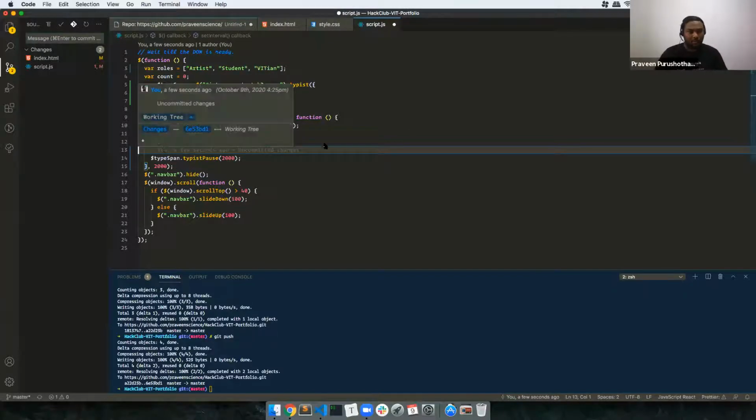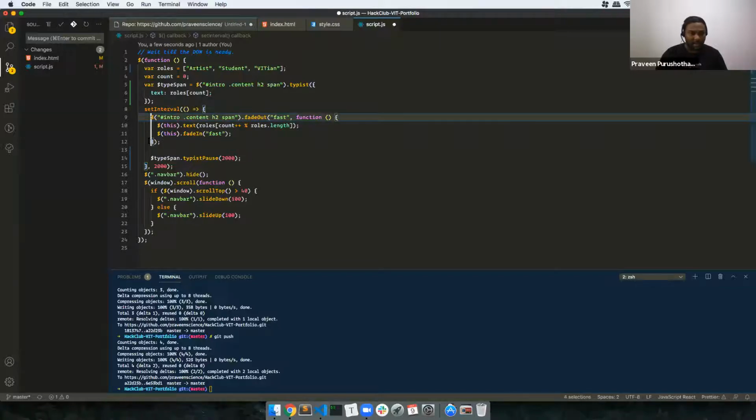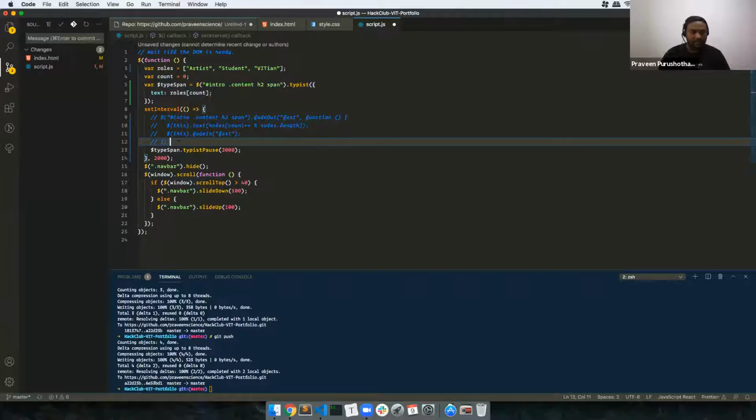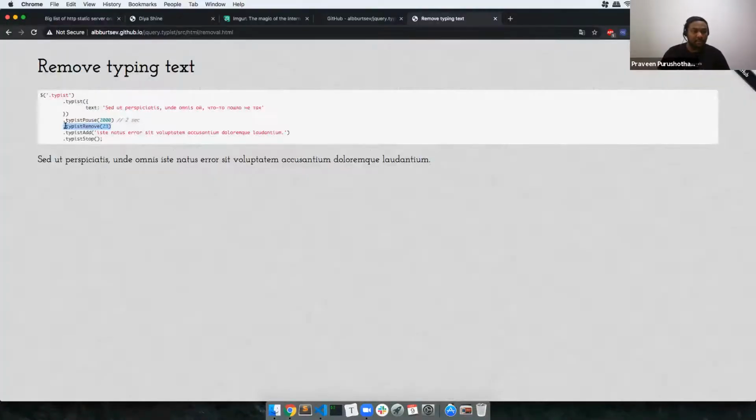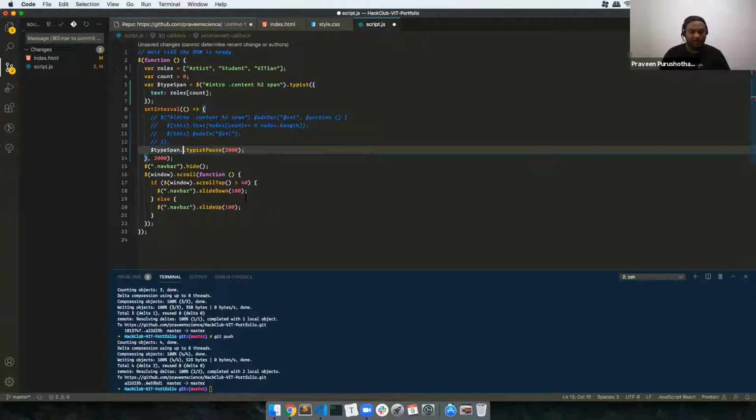Now I'm going to get rid of this, where I get the feeds from. The first thing is it's already paused 2000 milliseconds, so we'll just leave that. Then I need to do some removal. I do typist.remove roles.count dot length.